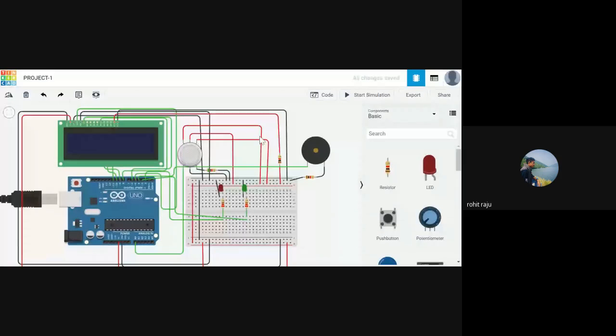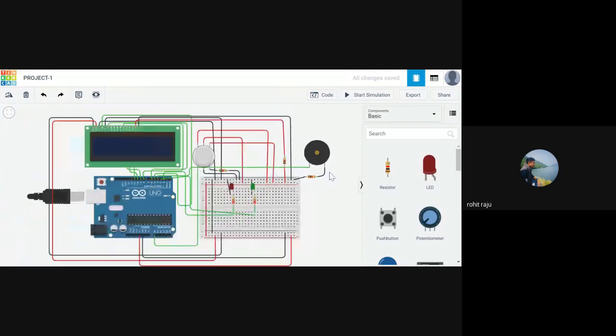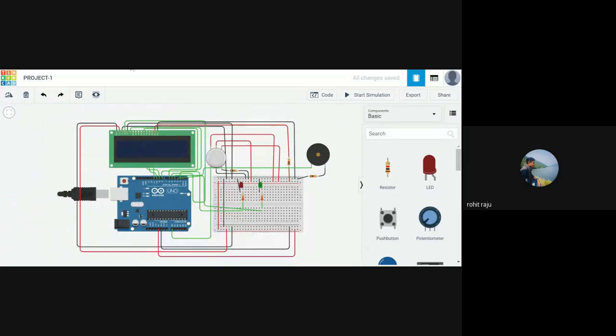And then we have the buzzer. The positive terminal goes directly to one of the digital pins. So where is the digital pin? Yeah, digital pin 4. So we can connect this with the help of digital pin 4. If you set digital pin 4 to high, it gives a buzzing sound. If not, it stays calm. And this is the negative terminal. I connected this to a resistor and then to ground. If you don't do that, that won't be a problem. So that's it for the connections.